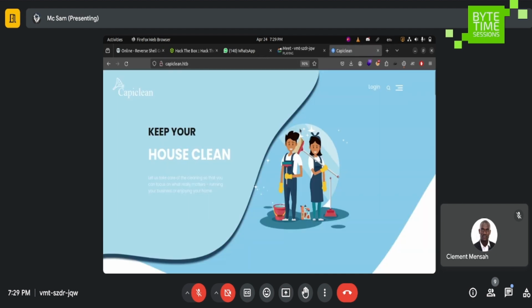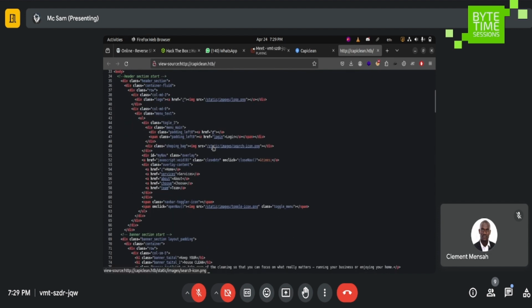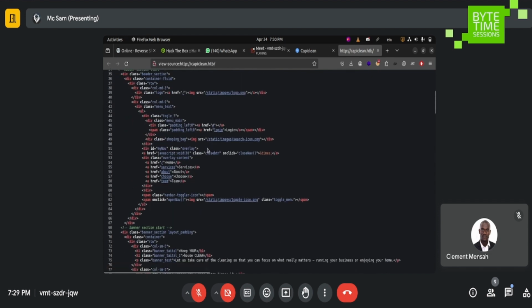So I'm going to go back to the application. Another thing I like to do is to inspect the source just to see any links, so that I don't miss anything. So you can see the services, about, choose and team links, they all lead somewhere. It's normally when you see a hashtag behind the name that it means that it's